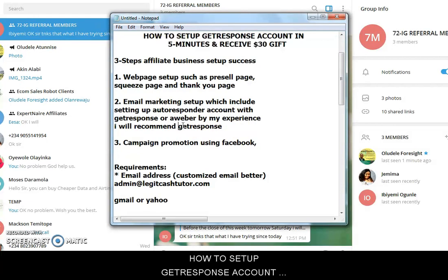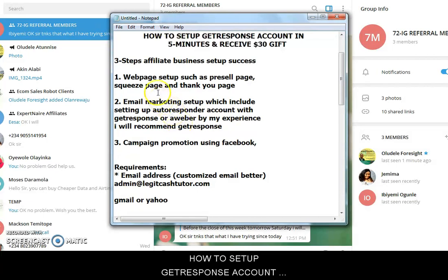Before now, some of my friends or colleagues always queried which autoresponder is the best. Some people say maybe MailChimp, GetResponse, Aweber, and the likes. But like I said, to my experience, I use GetResponse. And another thing I want to tell you is to forget about MailChimp if you want to be really successful in affiliate marketing business, because MailChimp is not that friendly with affiliate marketing.